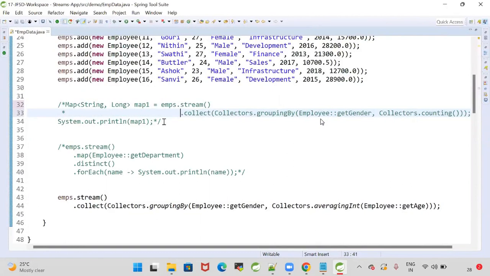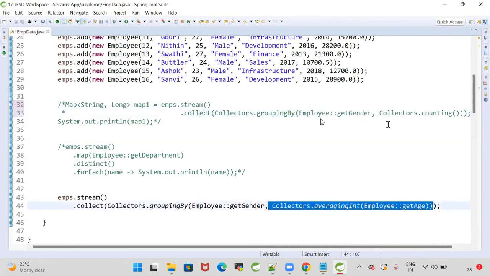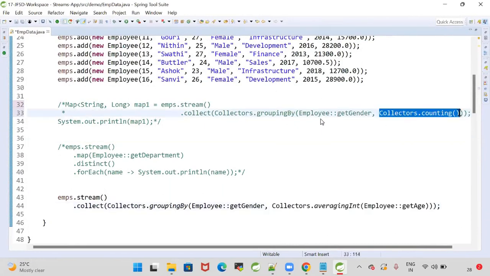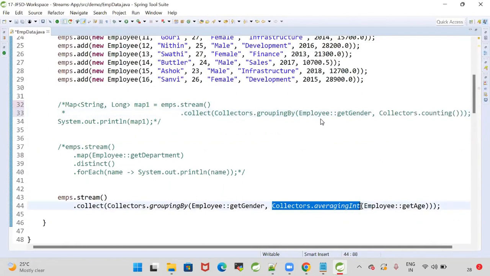In the first requirement we are getting the count of genders, gender wise count. Now gender wise average. Here we are calling Collectors.counting. Here we are calling Collectors.averagingInt. I want to get the average age of the employees grouping by gender. So what is the average age of the male employee? What is the average age of the female employee? It is going to return